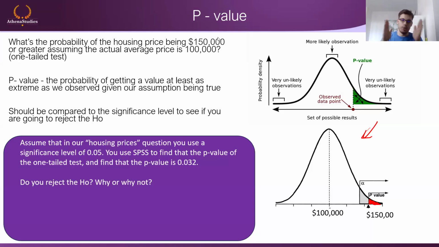So I, Marin, go out into the world and my professor tells me, or my mom tells me, or whoever knows more about the subject tells me, housing prices are 100,000, right? So the average housing price in Rotterdam is 100,000. And then I say, okay, that's the assumption. And then I say, mom, I know I'm smarter than you. I know better. I'm going to prove mom wrong, right? I'm going to tell mom, housing prices are not 100,000. They're not equal to 100,000. They're something else. I don't know what they are, but they're something else.